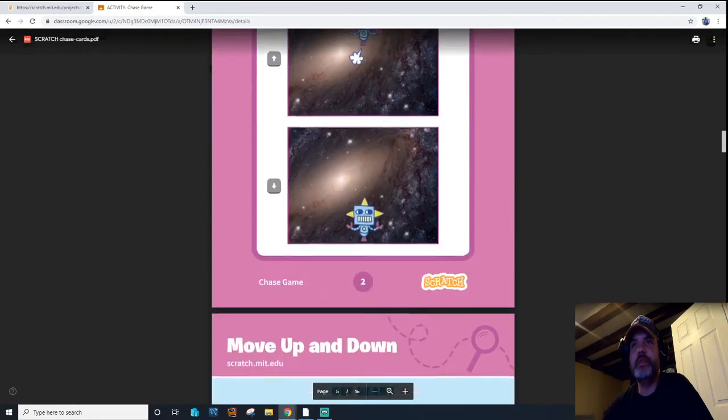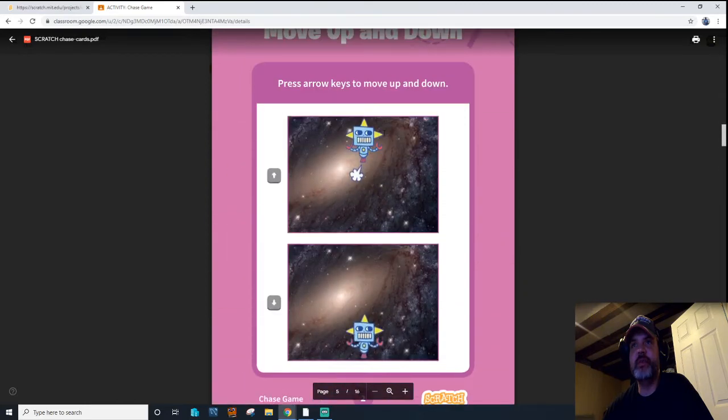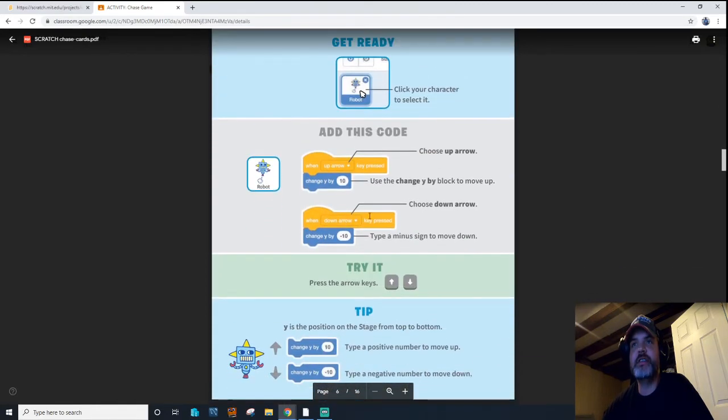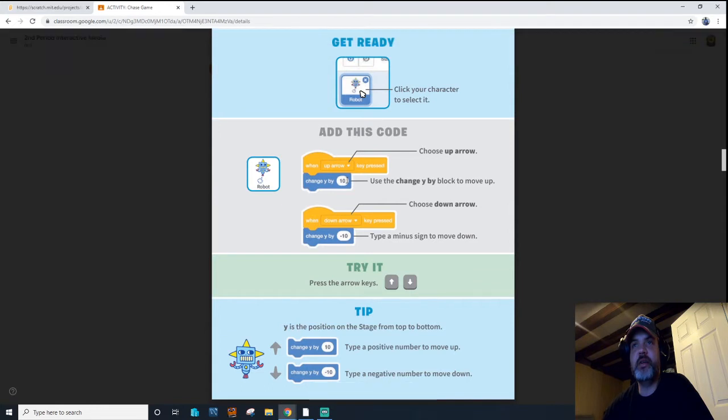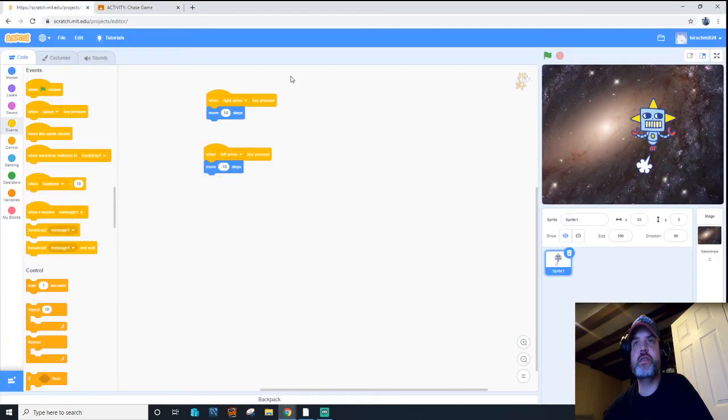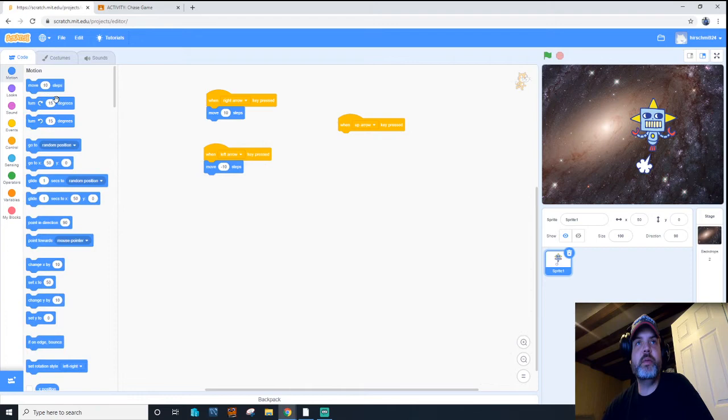Okay, step 2, move up and down. It's going to be very similar. We're still working with the robot in the galaxy, so we're just going to add the code when up arrow pressed, change Y by 10, and when the down arrow pressed, change Y by -10. So you can think of the Scratch area over here as an XY graph. So left and right is X, up and down is Y. So we're going to grab the when up arrow key pressed, and we want to move,